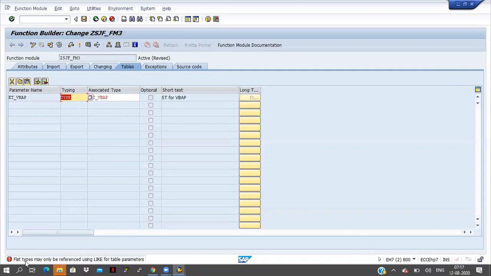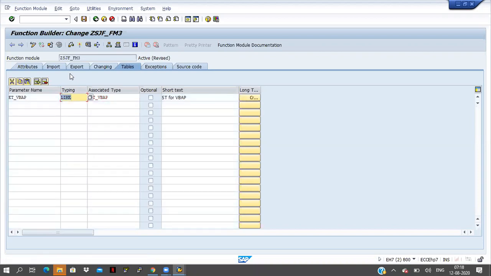Here flat types may only be referenced using LIKE for the table parameters. So if you want to declare an internal table in the function module concept only, and not in all concepts, here we have to take LIKE only. So internal table name LIKE structure name.